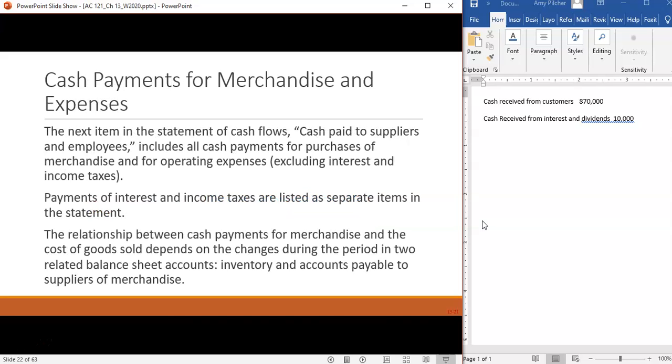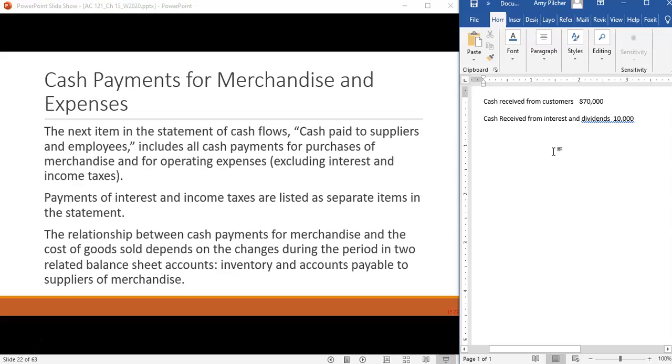Then we need to know how much we paid to our suppliers and employees. So when we're looking at our suppliers, we're going to look at our inventory accounts, cost of goods sold, accounts payable. So we need our cash payments,